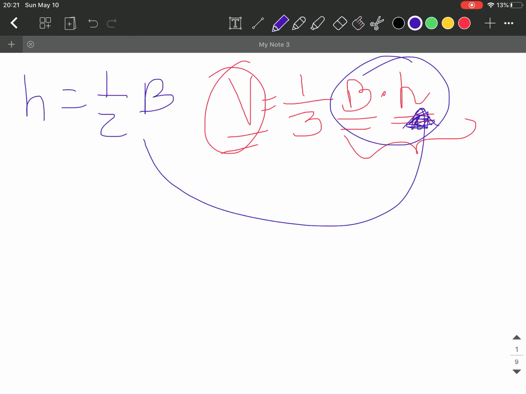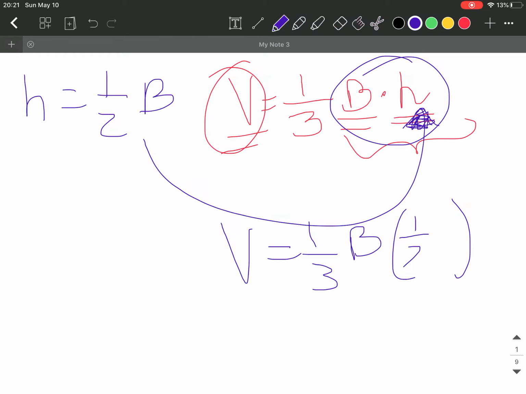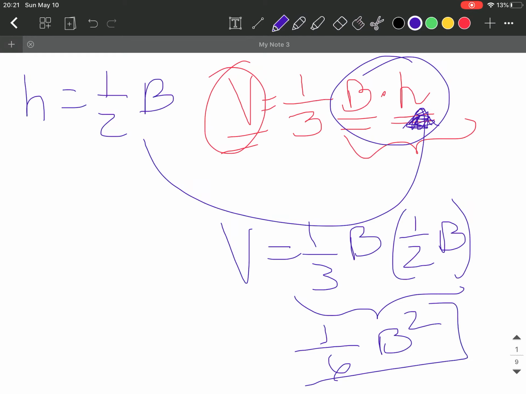You sometimes have freedom to decide which one you're going to be substituting for. And at the very end, in this case, I would substitute the height for 1/2 of the base. This example, I made it up. And then you would simplify that. Once you only have one variable on the right side of your function, obviously you have a different variable on the left, which is the one you're deriving, then you would just find the derivative, make it equal to 0,